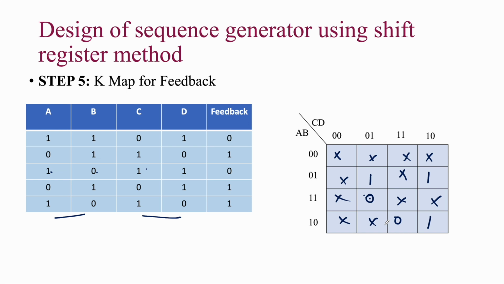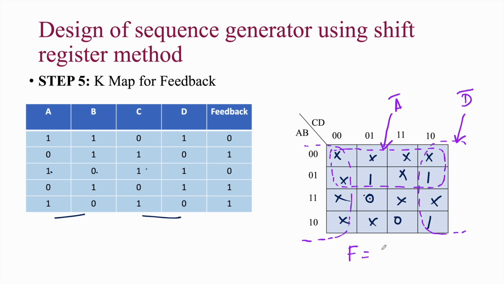So now we have to try for maximum grouping. 16 is not possible. Therefore, we are going for 8. So this becomes a first group. And it is not possible to group here because we have zeros. Not possible to group this way because we have a 1 here. Anyhow, we have to go for a group. Let us group this way. This 4 and this 4 together. Now we have to write expressions. Expression for this group could be A bar. Expression for this group could be D bar. So feedback signal F is equal to A bar plus D bar. This is what we have derived.